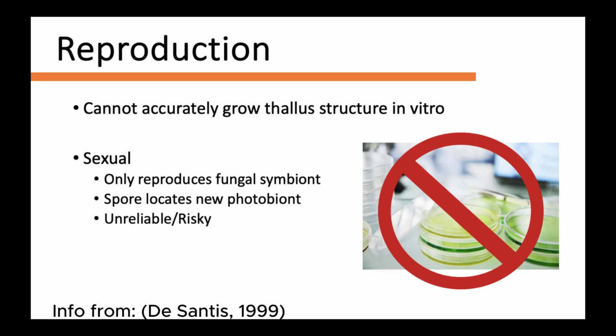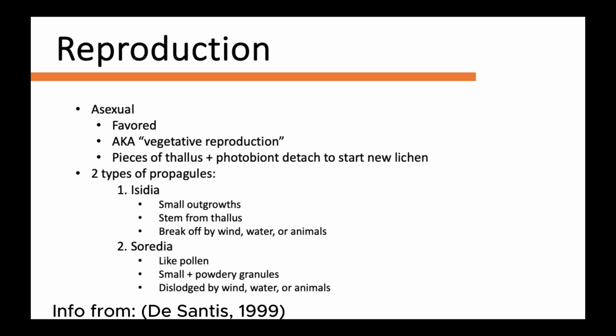According to the U.S. Forest Service, there is no predictable way to reproduce lichen, as each is different based on the symbiotic relationship of the organisms involved. Lichen can reproduce either sexually or asexually, depending on what would give it the most benefit. Sexual reproduction often means that only the fungal partner is reproduced. The spores from said fungal partner must then find an appropriate photobiont partner to fully reproduce lichen. This method is often very unreliable, which causes lichen to favor asexual or vegetative reproduction.